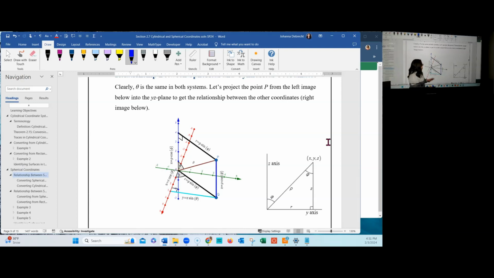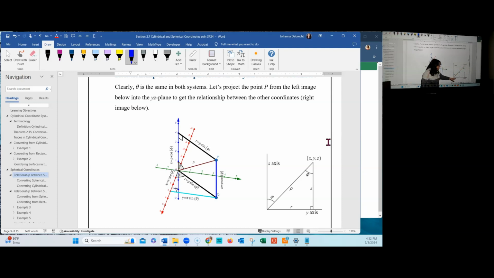So if we're looking into the YZ plane, which would be like looking at it this way, instead of down into the XY, we have a relationship between R, which is that coordinate in the cylindrical system, and rho, and the angle phi and Z. Namely, these two lines here are parallel to each other, and we can consider rho to be a transversal cutting two parallel lines, which means that alternate interior angles are equal, which means that in this right triangle that you